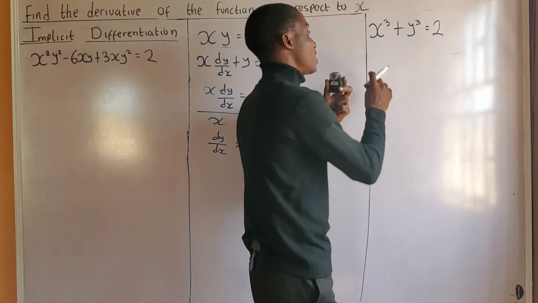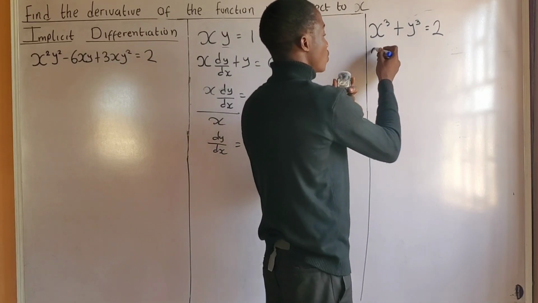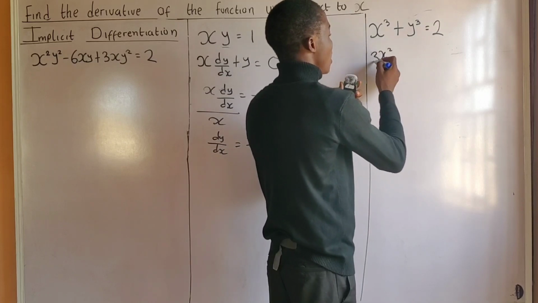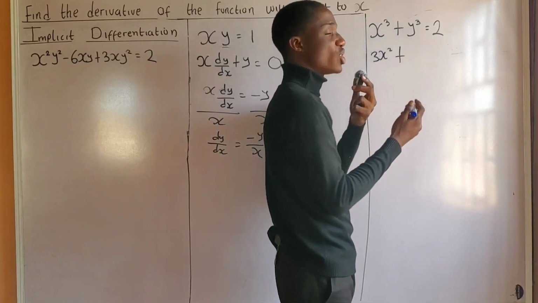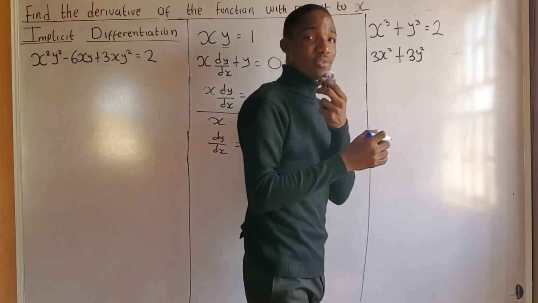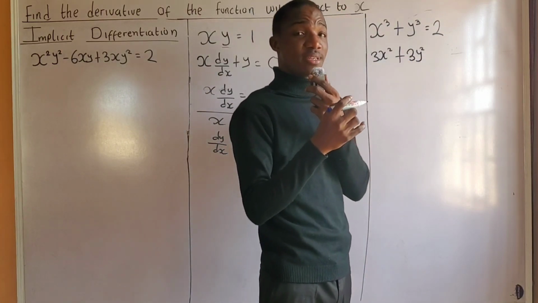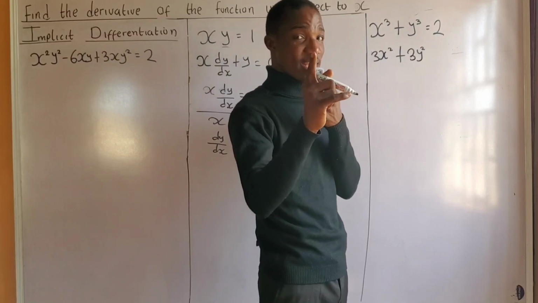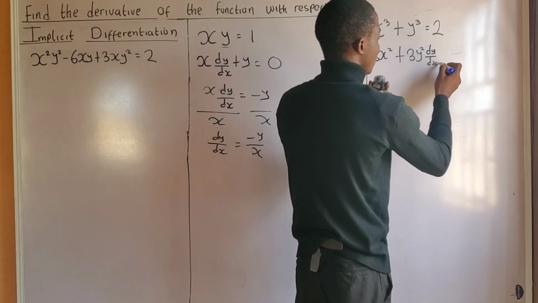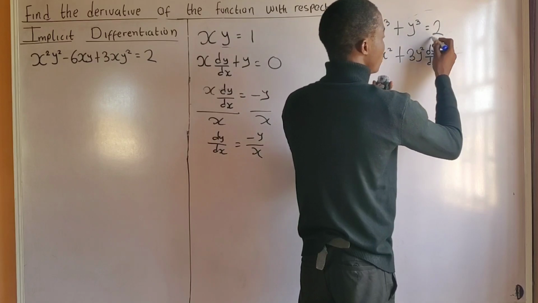So for this, differentiate x cubed. You're going to have 2x squared. Oh, sorry, 3x squared. 3x squared. Now, if you differentiate y cubed, you're going to have what? 3y squared. And I told you, whenever you differentiate y, you're going to multiply that derivative by dy over dx. Do not forget. So I'm going to have multiply by dy over dx equals to, if you differentiate 2, you're